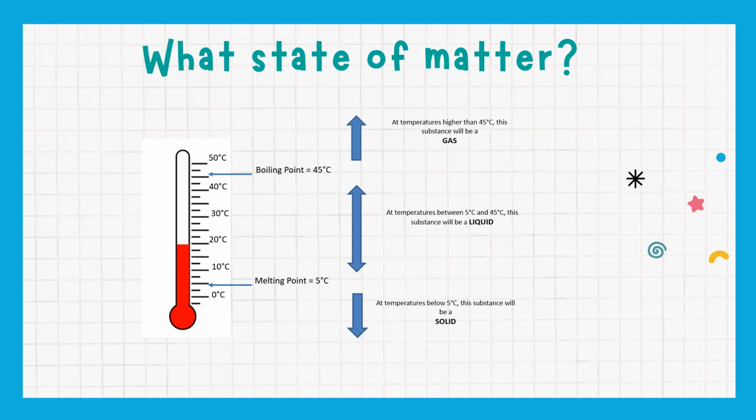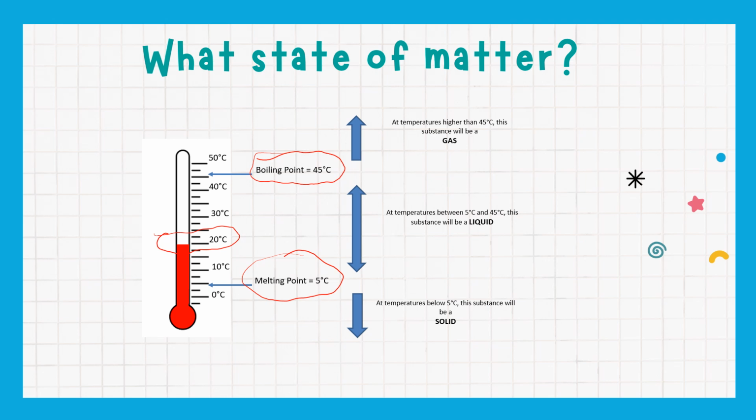I tell you that the substance has a boiling point of 45 degrees Celsius, and it has a melting point of 5 degrees Celsius. I want you to tell me what state of matter it will be if it is at 20 degrees Celsius, like we see here. Okay, so what you have to think about is, has it reached its boiling point, or